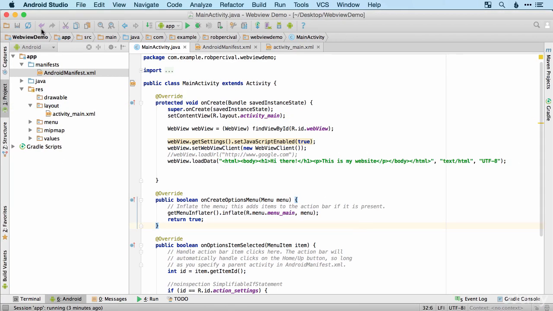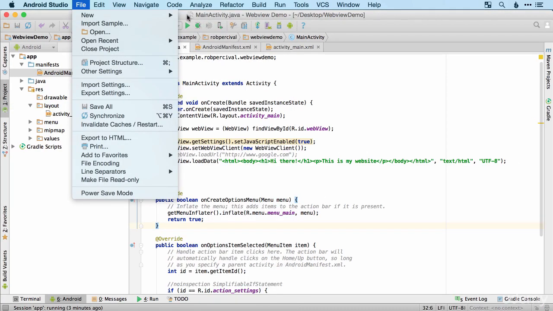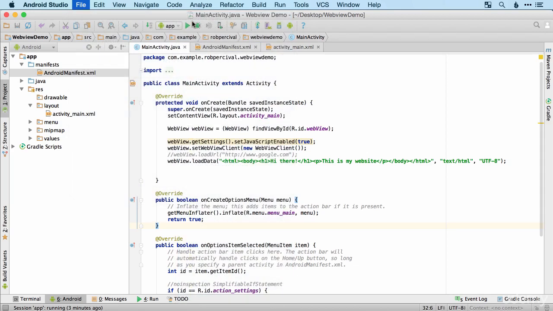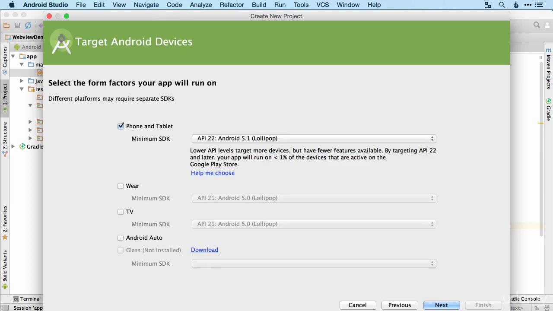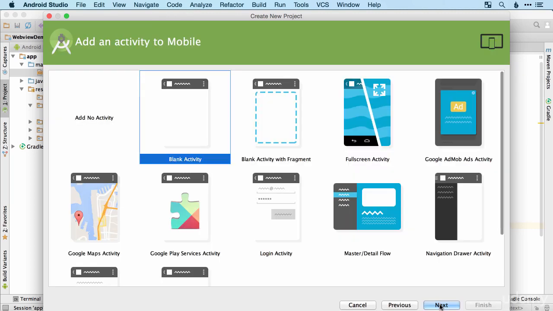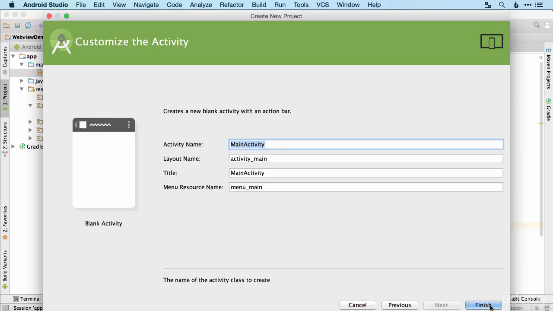Okay then, hope that went well. Here we go. We'll start, of course, with a new project. I'll call it Hacker News Reader. And our usual blank activity